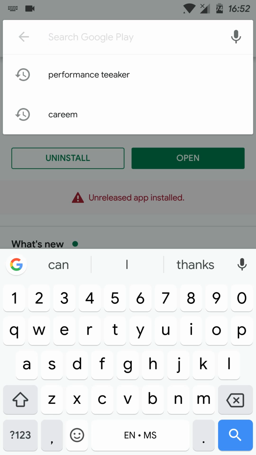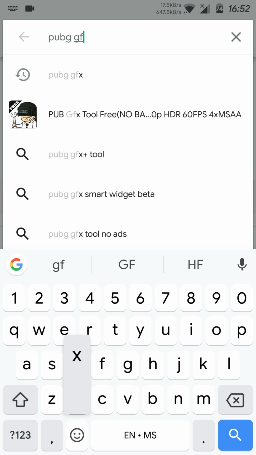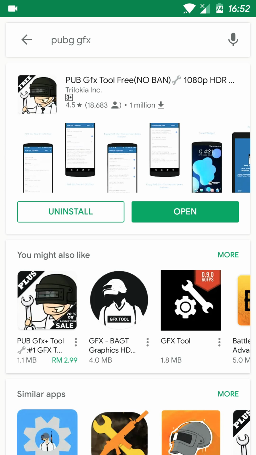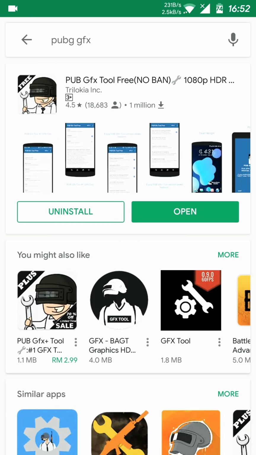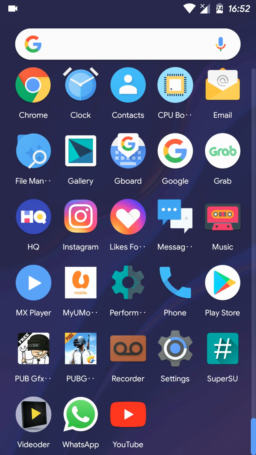And the next app is the one most people use. I use PUBG GFX, but you can use any GFX tool because this one didn't support my phone. So back again with the first app,